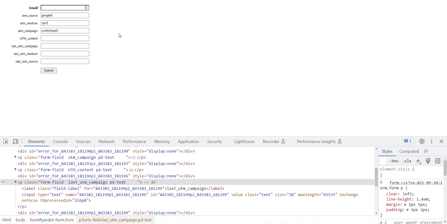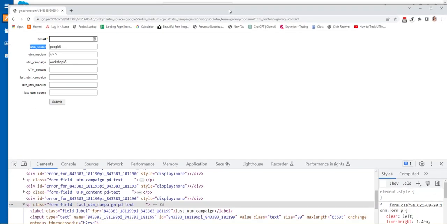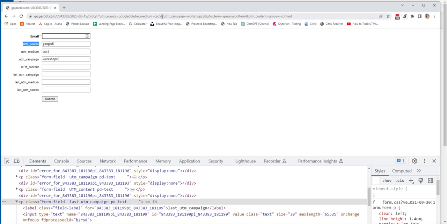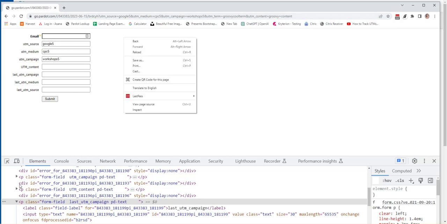So I want to go ahead and populate that. And right off the bat, you'll see some parameters already populate in my field. So I'm sure you can see the difference, right? My first touch is pulling in exactly the same thing as what we put in the URL. I'm going to drag this down because I'm realizing that this is not in the video. If I look at UTM source, it matches exactly UTM source, and I can look in the,